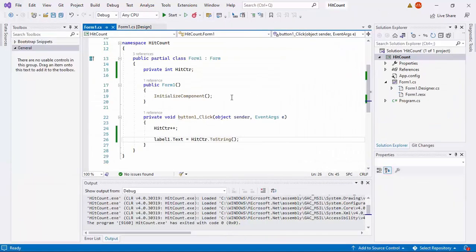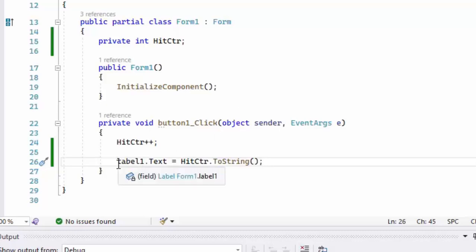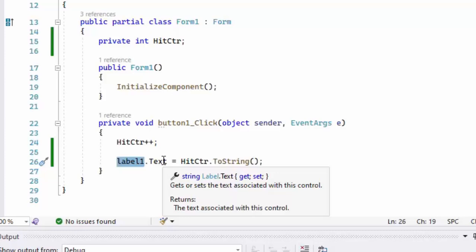Okay, so before we continue to another mode of counting, which is backward descending, we want to make some housekeeping or a better documentation of our program. You see, this label 1, the name is not a self-documenting name. Label 1 is a vague name. We know that it is a label, but we don't know what it is.